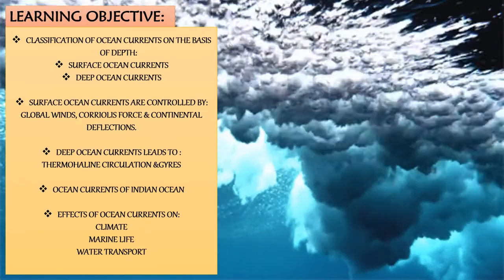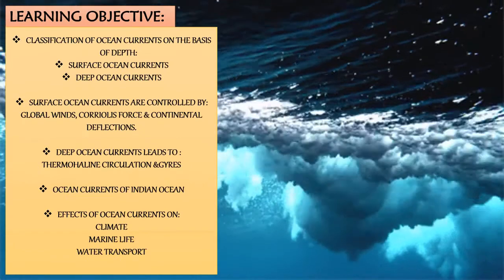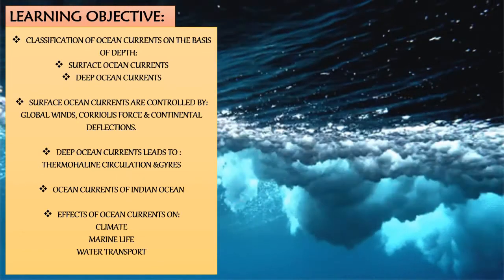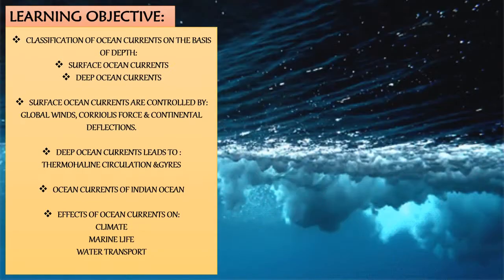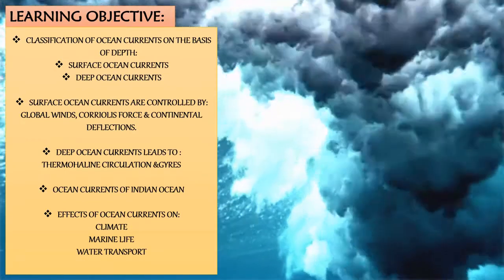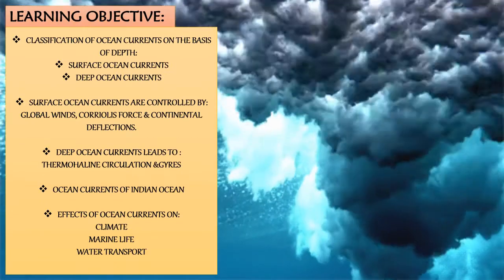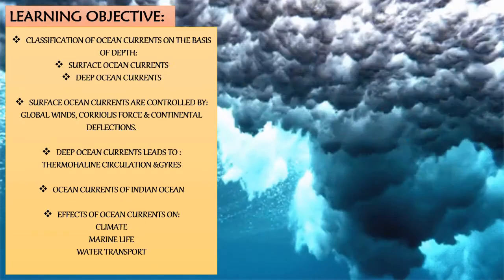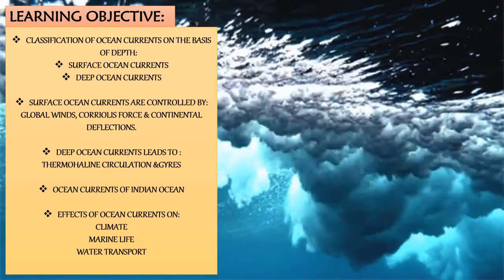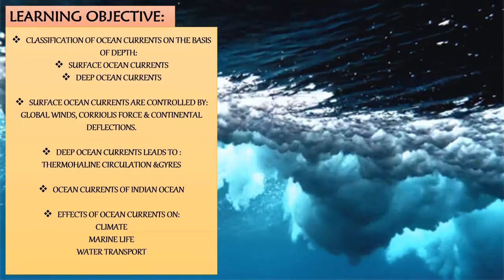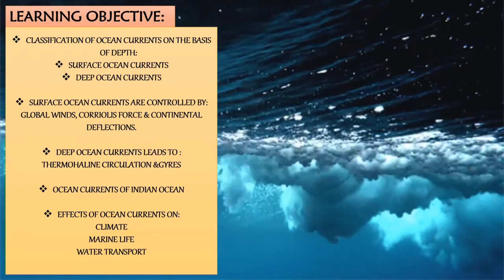Students, let us recall, when does any material flow? Any material flows when force is applied on it. Next one, what happens exactly when it flows? When the material flows, it gets transferred from one place to another place. Which anomaly in the material is responsible for the initiation of the flow? So, temperature is responsible for the initiation of the flow.